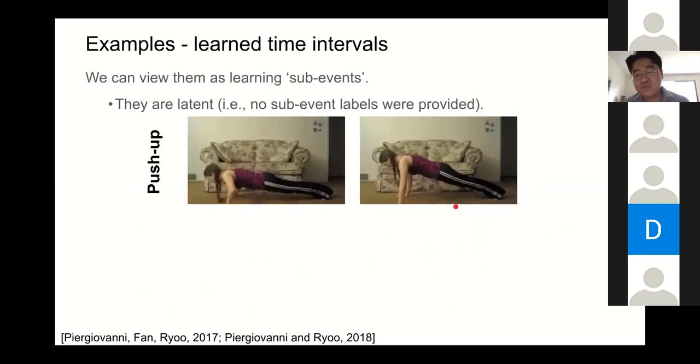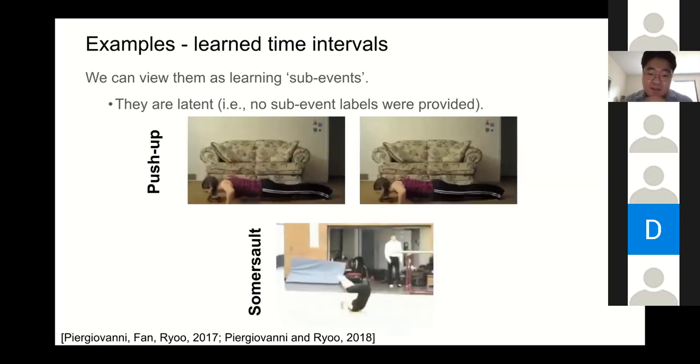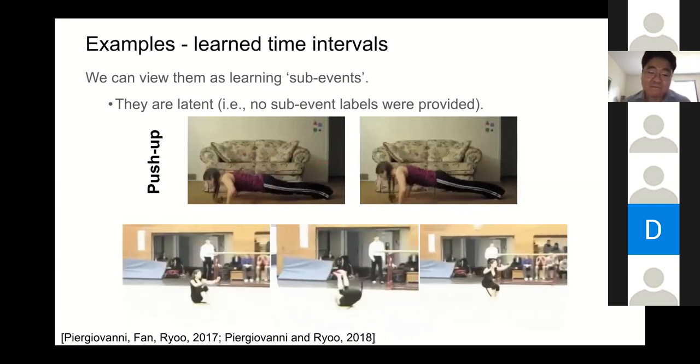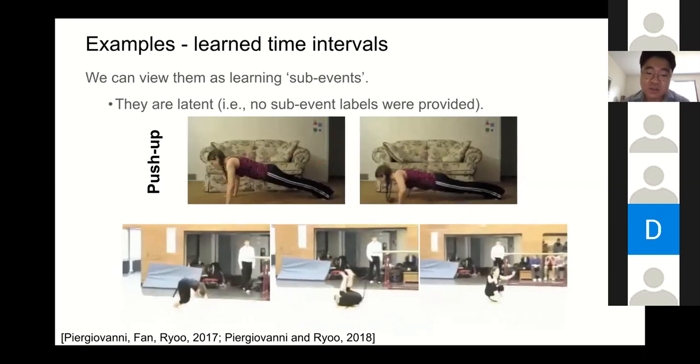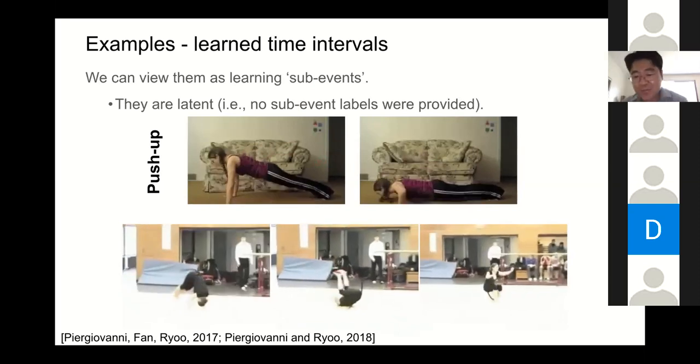And an example of what such time intervals look like if we try to learn them, it actually looks like this. Even in the simple push-up, there is an activity of a person going down and there is an action of a person going up. So if we are able to segment these two motions differently with different time intervals, we can better represent video compared to, for example, max temporal pooling over the entire sequence. And in a complicated action like this, it was able to automatically decompose the entire video into 3 chunks: a person rolling, a person diving, and a person standing up.